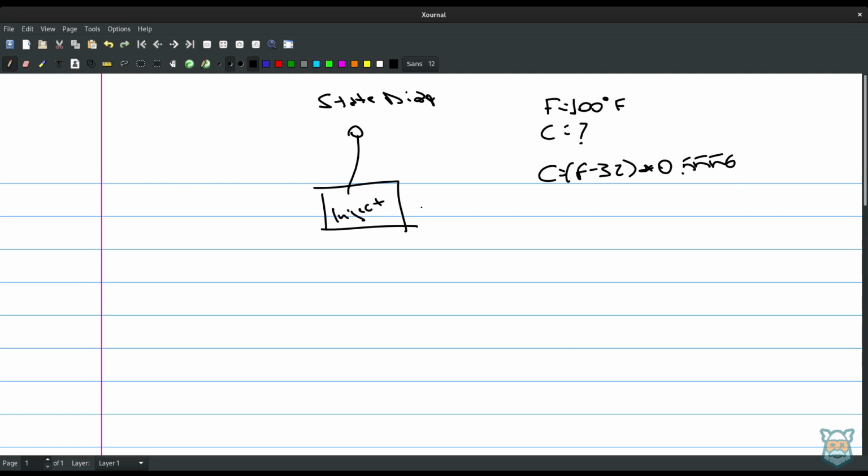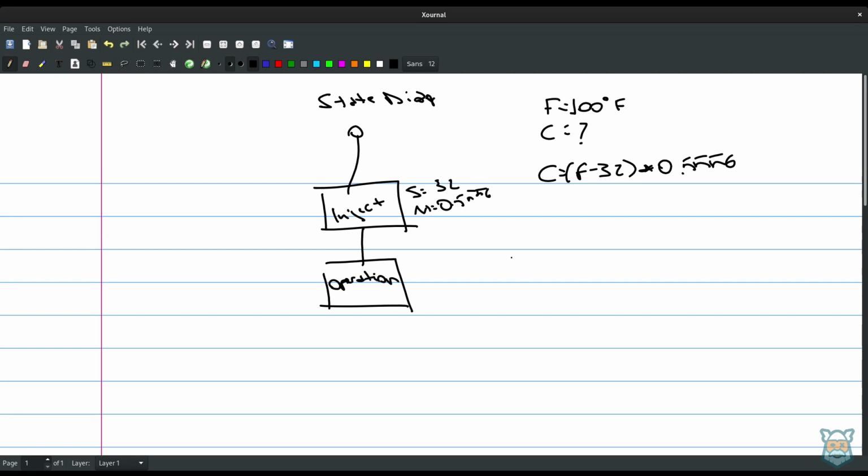This inject state is basically telling us that we are going to inject some variables into the context of the workflow. So the first thing is to know the constants in our equation. The first constant is the subtraction constant, that is 32, and the second one is multiplication, that is 0.5556. So in the first state, I will inject these constant values to be used later in my workflow. And then I transition to the next state, the operation state,